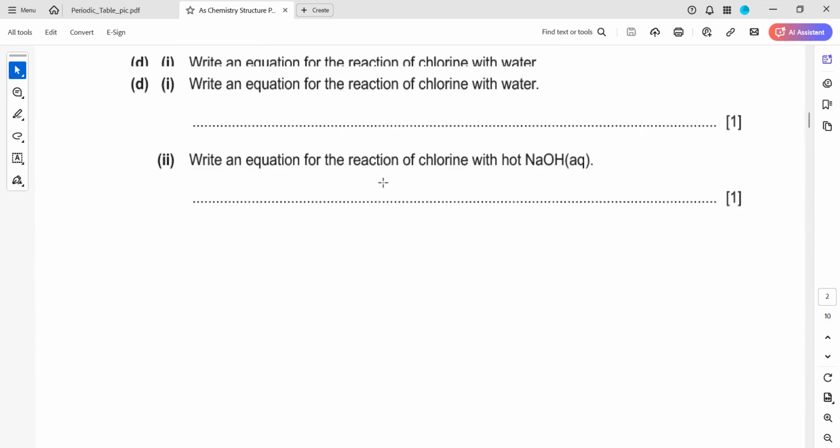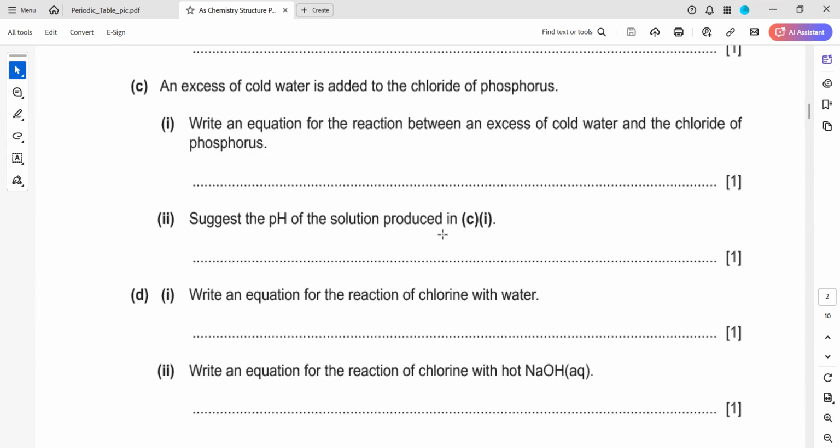D2, okay. In D2, write the equation for the reaction of chlorine with water. When chlorine reacts with water, it forms HOCl plus HCl, which is also used in the treatment of water to kill bacteria. So when chlorine gas reacts with water, H2O, in a reversible reaction, it produces HOCl plus HCl. Then the next one is